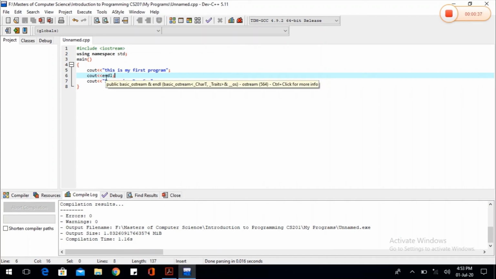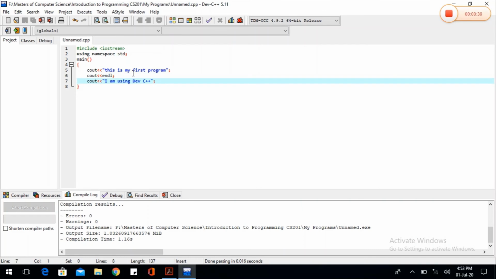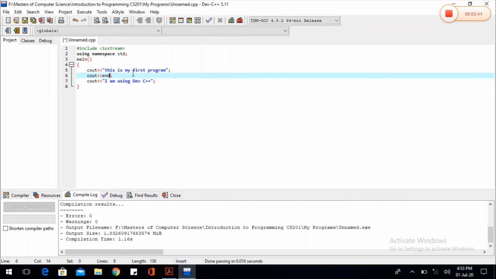There is another way. If we remove this endl statement and put here single quote, backslash sign with n, this is also the other way of doing the same as the endl statement does. Single quotes, backslash, and then n.